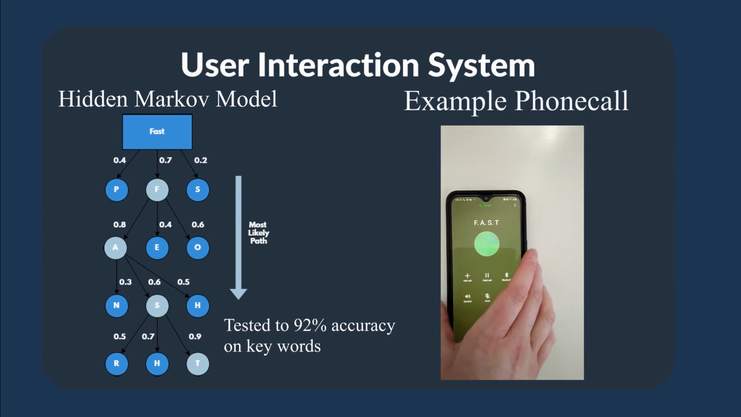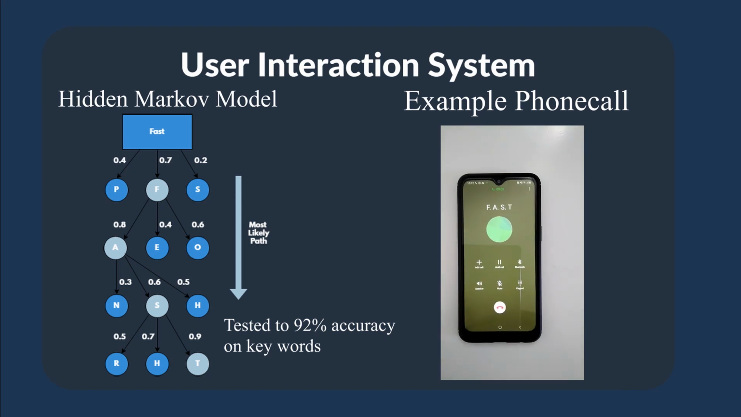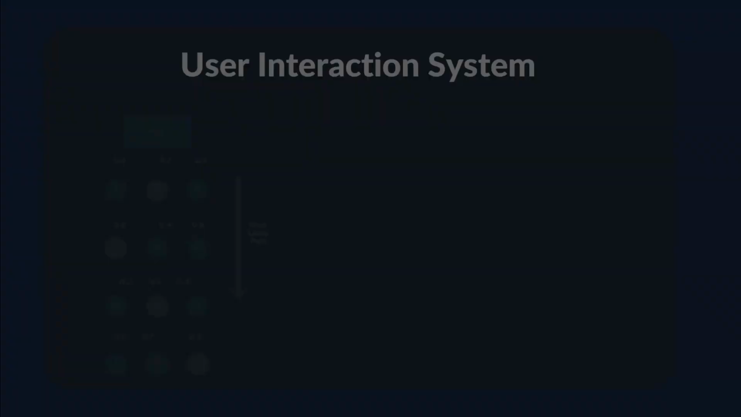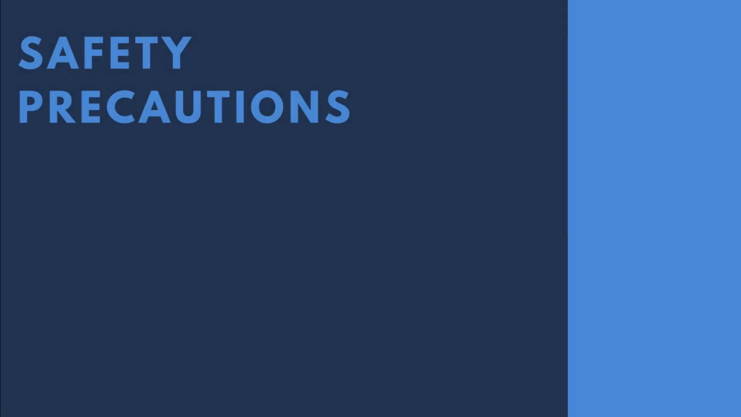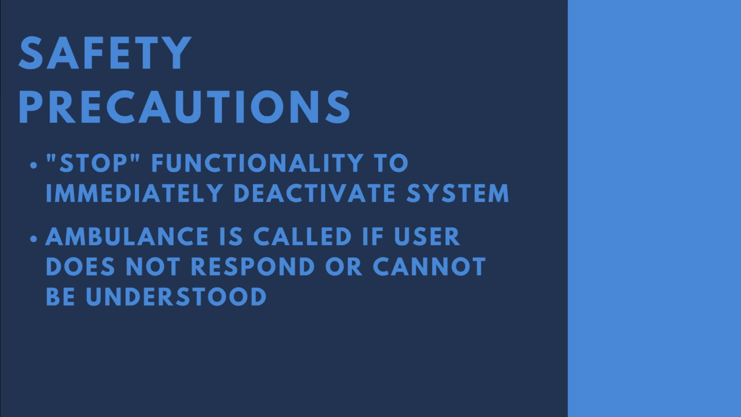When someone receives the call, an automated system informs them that the user has fallen and requires assistance, and provides their address. There are several safety measures in place to stop the system making the wrong decision. If the system is incorrectly triggered, the user can say stop at any point and the system will deactivate. If the user does not respond or cannot be understood, an ambulance is called because it is assumed that they